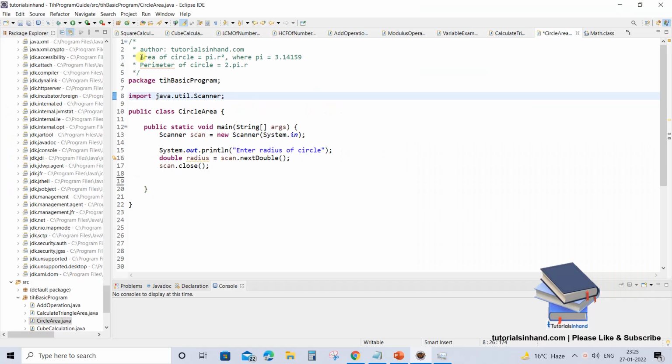To find area of a circle, we are going to use a formula pi r square, where pi is having a value 3.14159. So this value can be hard coded, right? But in this video tutorial, we will not be hard coding this value. Rather, we will be taking the help of inbuilt constant which would give us the value of pi, right? On the similar line, you can also calculate the perimeter using the formula 2 pi r.